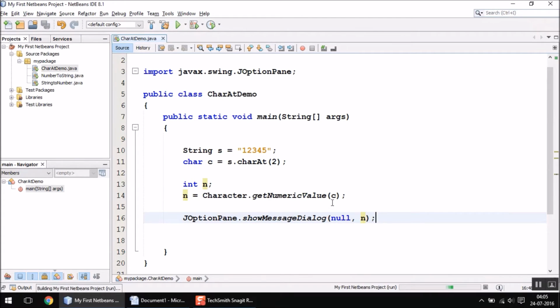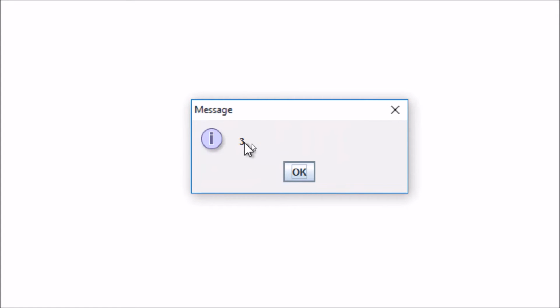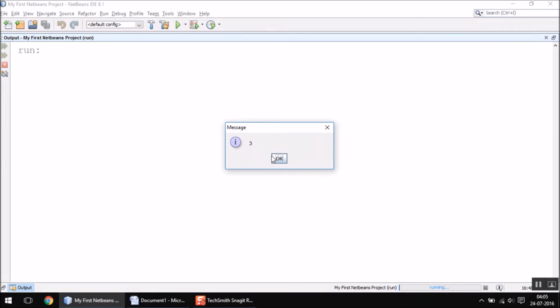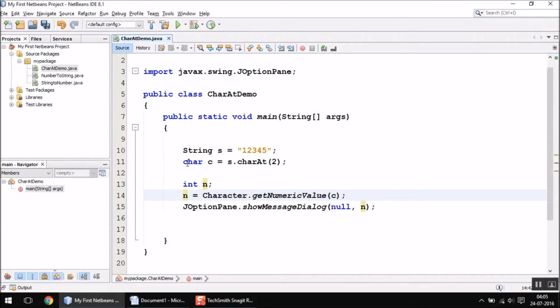Let me check it. So yes, you can see I'm getting the value, but this value is right now in which form? It is an integer, and since it is an integer, I can perform any calculation on this variable n, as it is a number, and this calculation was not possible with c, as it is a char type variable.